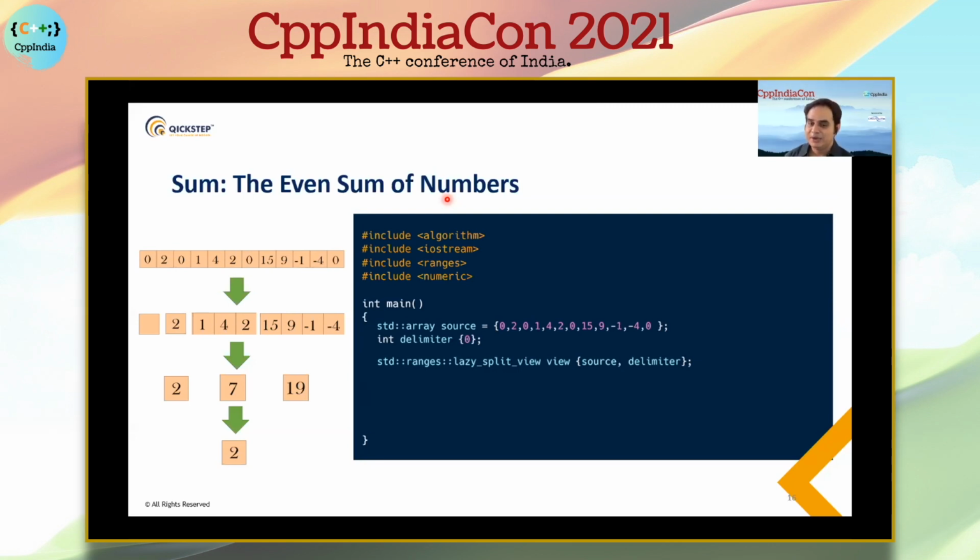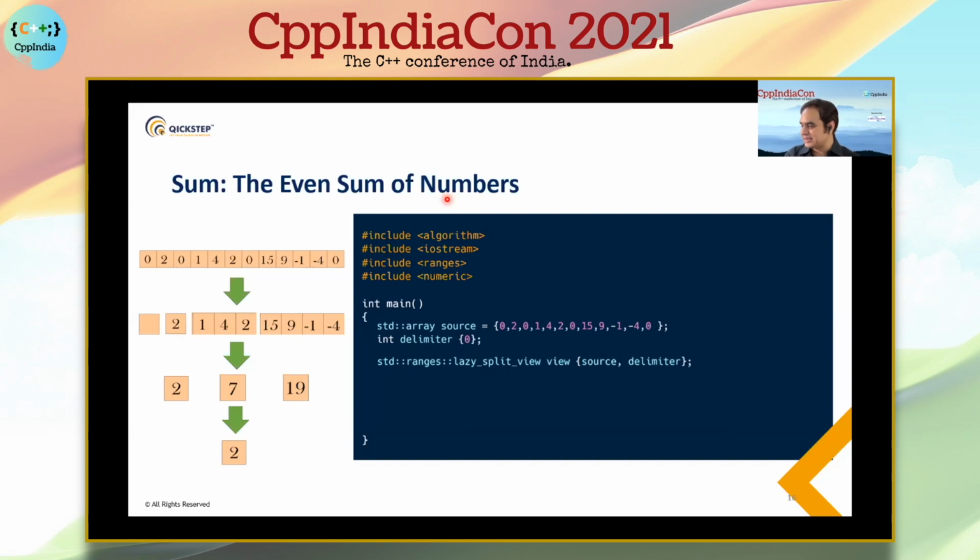So basically, as I said in the beginning of my presentation, ranges you can consider as STL 2.0. When I say 2.0, I mean what all we have in the existing STL library, like all the containers. We have a lot of containers like map, list, and all those things. Ranges support all those containers. But you also have other things, like container adapters, like stack and all those things. So if you see the way they iterate,